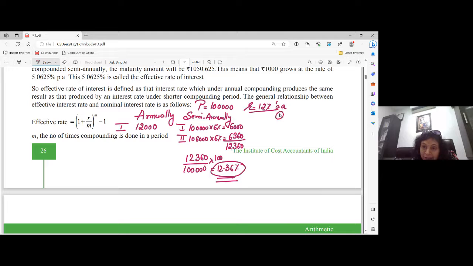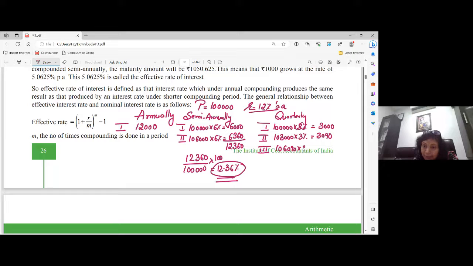Now suppose I'll take another example, that is of quarterly. Now in first quarter, you will get interest on 1 lakh, but 12% is for whole year. That means 3% for the quarter. So according to 3%, our first installment of interest is 3,000. Our second installment is 1,03,000 into 3%, that is 3,090. Our third installment is